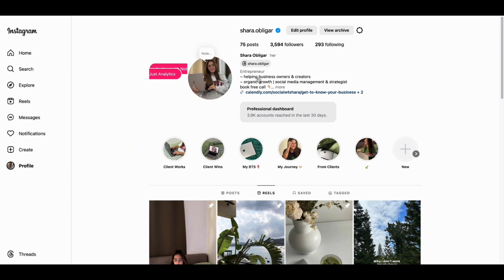At nakita din nila na, ay, helping business owners. Okay, isa ako sa mga business owners, so isa din ako sa mga tinutulungan niya. Ay, nag-o-offer siya ng social media management. Ay, nag-i-strategize din siya. So, I might need this service. Kaso, hindi pa siya sa-sign up pa sa akin kasi hindi pa niya ako ganun kakilala.